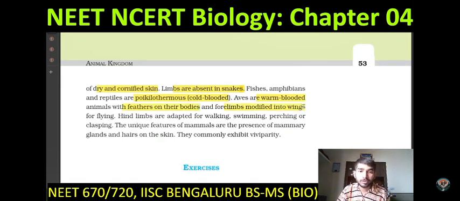Feathers on their body, forelimbs modified into wings, and at the base of their body there is this oil gland. Hind limbs are adapted for walking, swimming, etc. Unique feature of mammals is presence of mammary glands and hair on the skin. They exhibit viviparity, directly giving rise to their